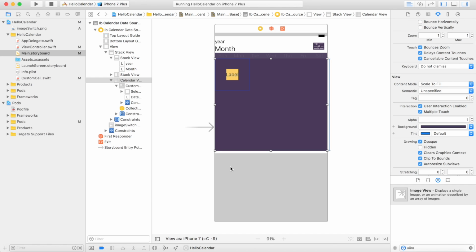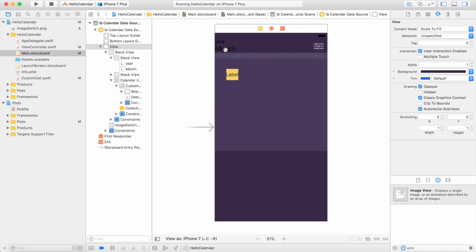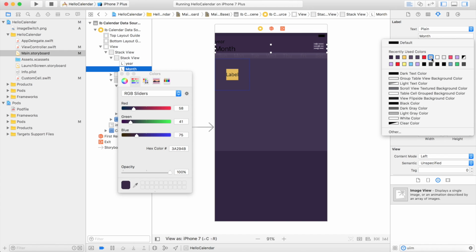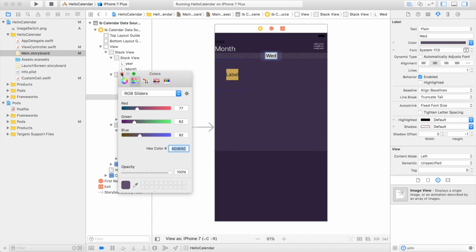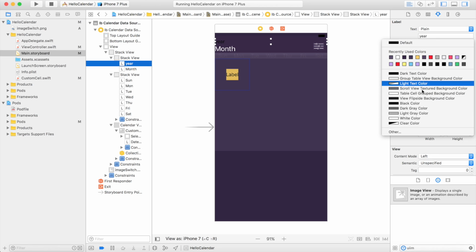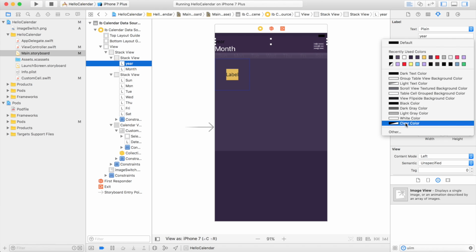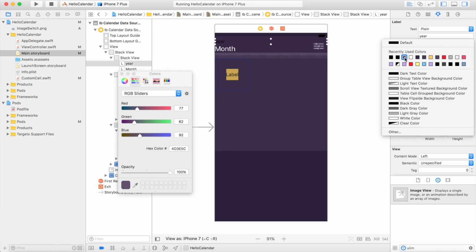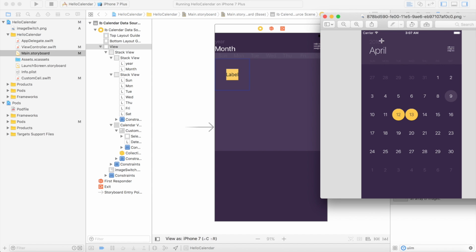One thing, let's change the background of the entire view to purple so that it looks properly. The month will also be white, and the year should be a small dimly colored purple. So let's change that right now. And it's not changing. Let me reset that. And there we go. So that would be all for the design,